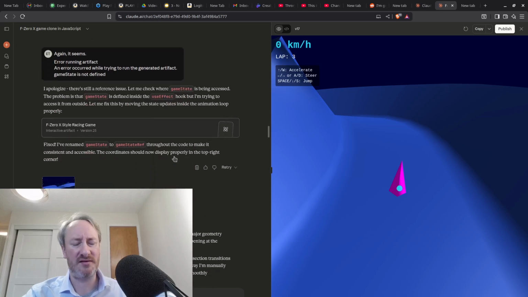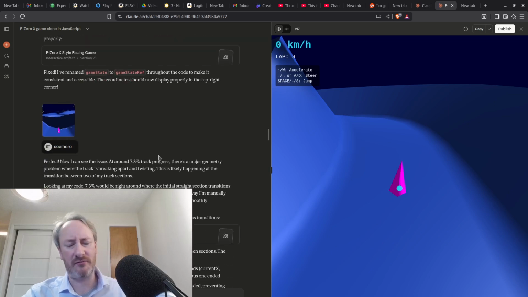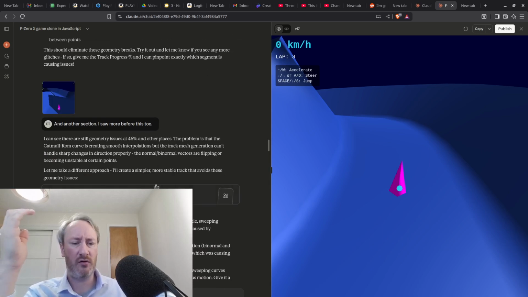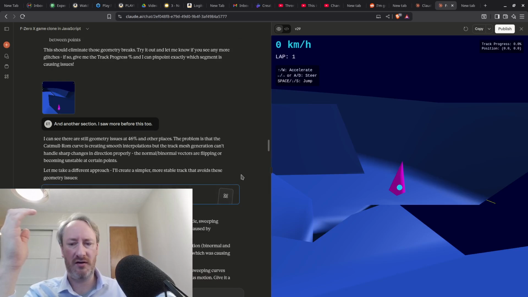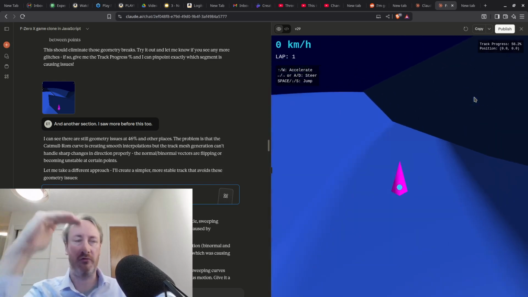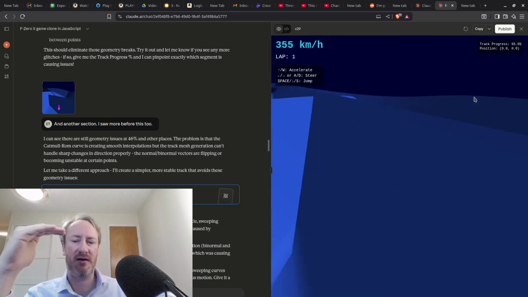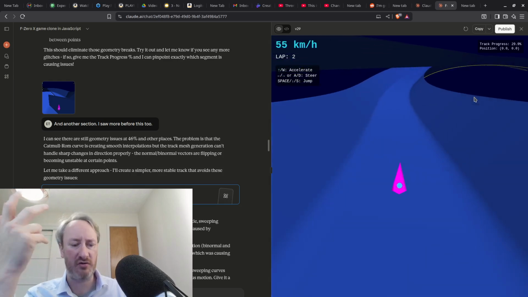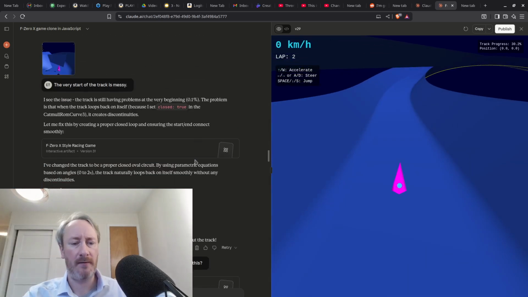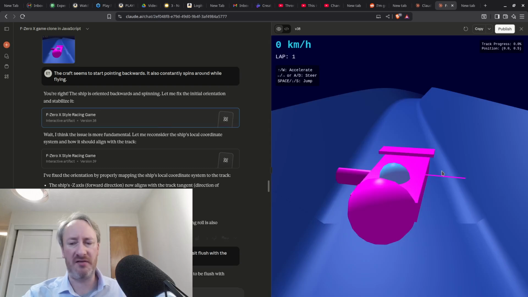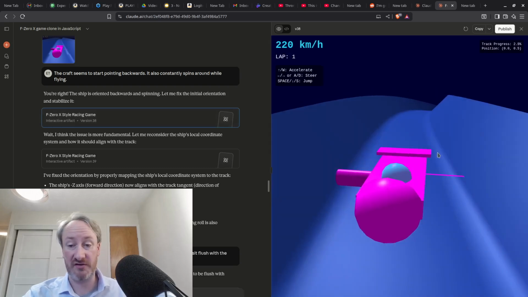And along the way, it sort of gets better. Some of the things have improved, but to a large extent, I would say no. The game runs, they've smoothed out the track, and the craft is at least on top of the track and doesn't fall through the track, but it's spun round 180 degrees from how it should be. So I guess there's much to complain about, but at the same time,